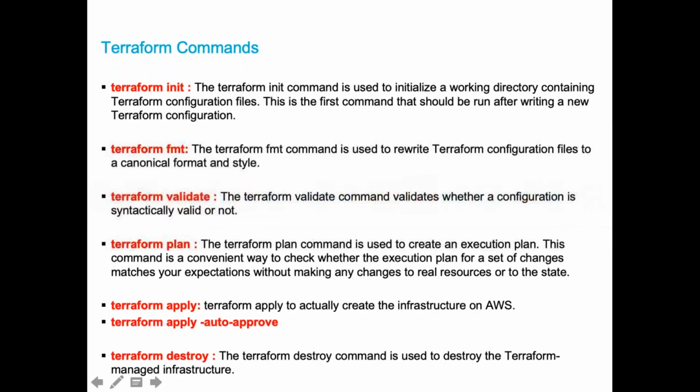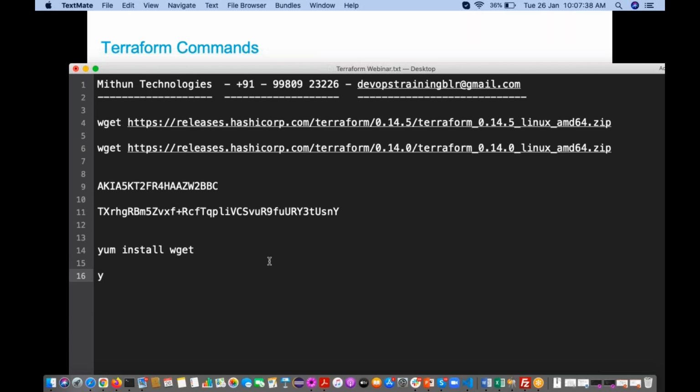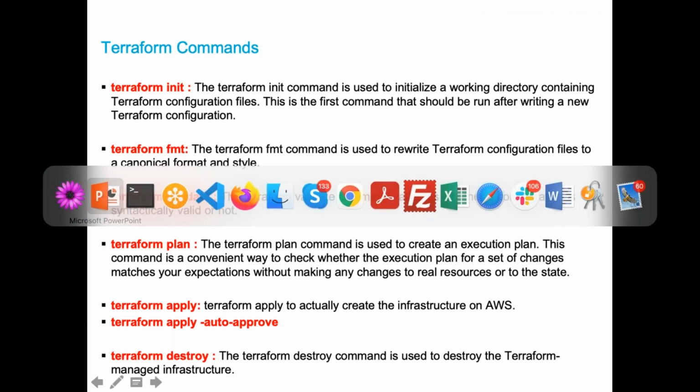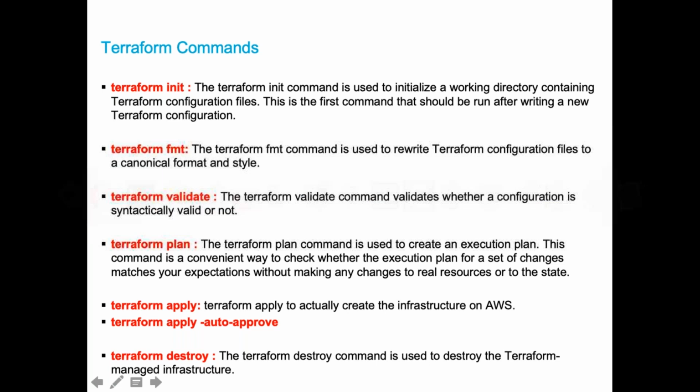If you don't use hyphen y, we have to specify y, right? It is going to ask about the download size and installable size. If you don't want this interactive mode, you can specify hyphen auto approve. Now I'm going to say yes and hit enter.